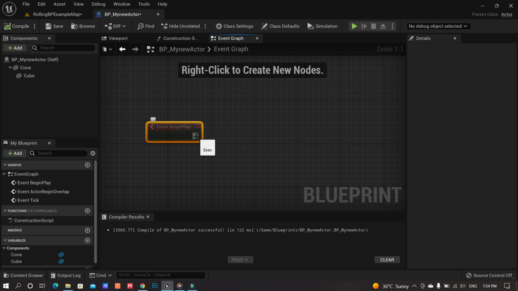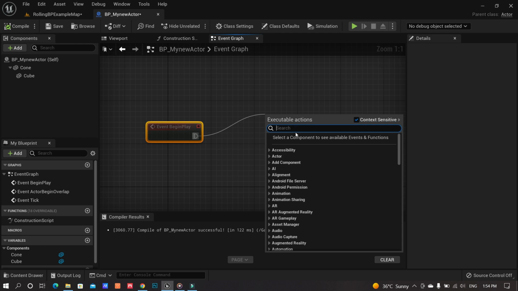So exec is basically used for executable. Anything which is connected through this particular pin is going to be executed as a function. So if you left mouse click and drag a wire out of it, just like this, you will see that there are a lot of executable functions which are available, which can be executed if they are connected to the Event Begin Play.